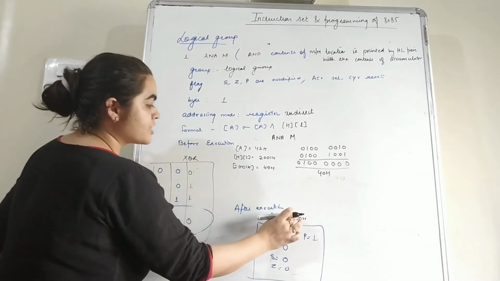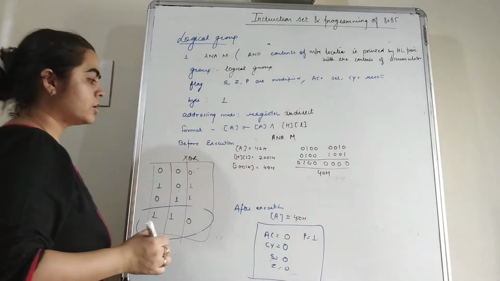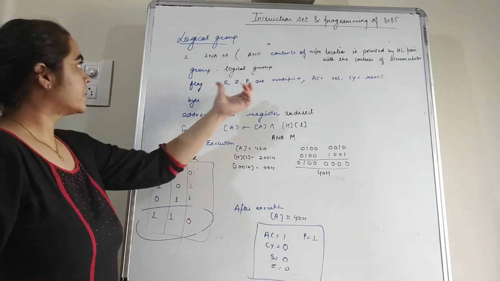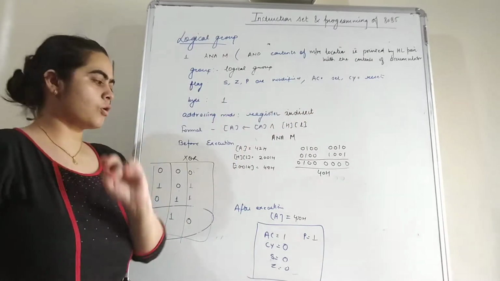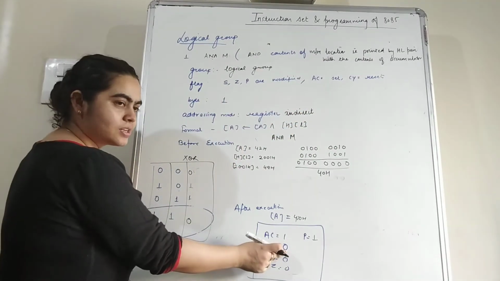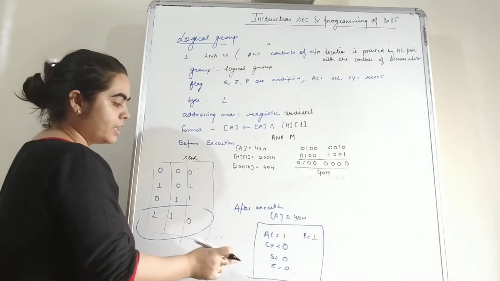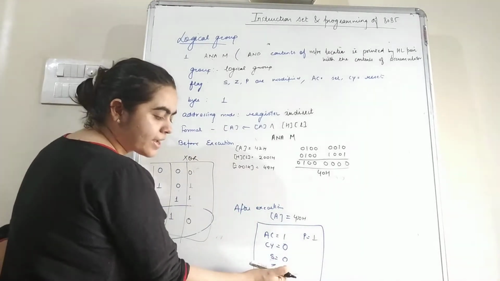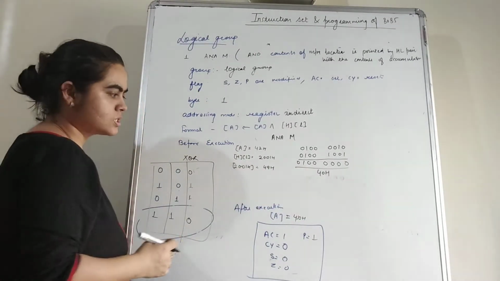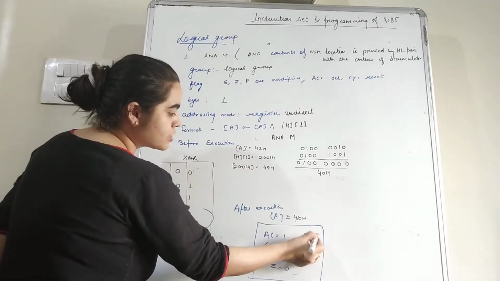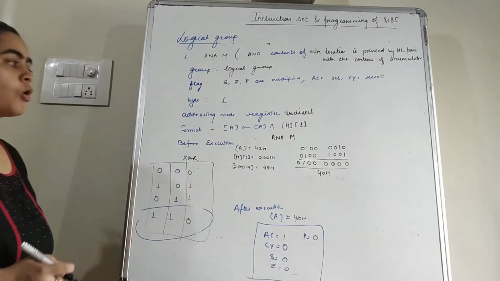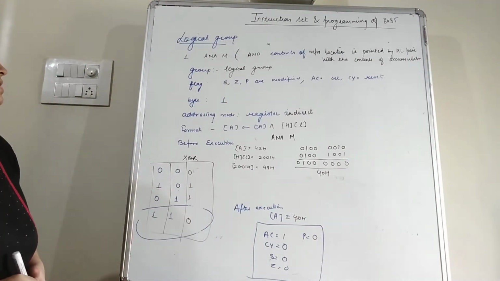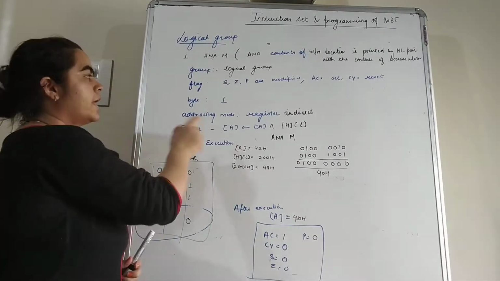Now this 40H will be stored in the accumulator, and we set the value of auxiliary carry to 1, because in case of AND we set the auxiliary carry, while the carry flag is always reset in case of ANAM. Sign flag is 0 because MSB is equal to 0. Zero flag is equal to 0 because result is non-zero, while parity flag is also reset because in the result we have an odd number of ones, that is only one is present in the result. So this is all about ANAM.